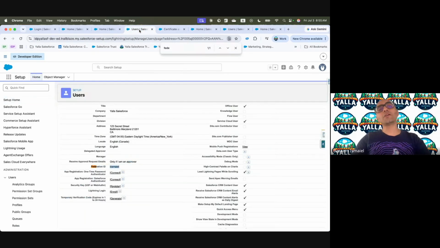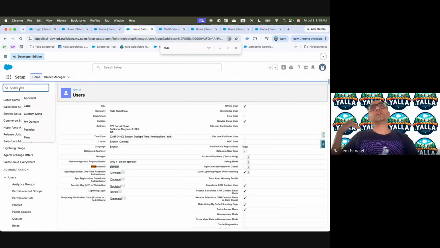Or I can go to the identity provider. One of the steps that we didn't mention is that there is an extra step after I configure everything from the identity provider and the service provider. There is one more step in the identity provider, where we used to create something called a connected app, but it's no longer a connected app. It's an external client app in the new version of Salesforce.